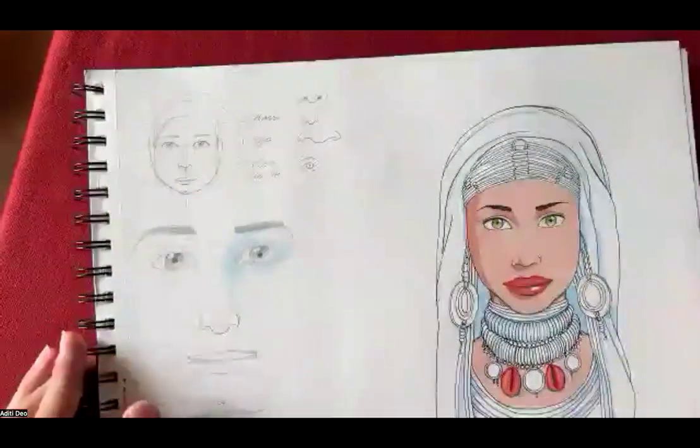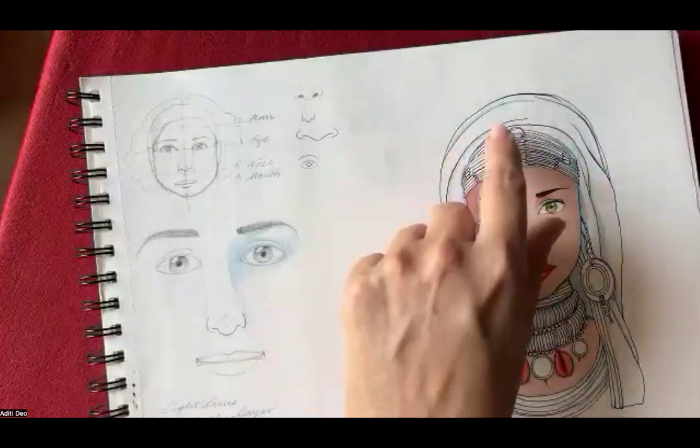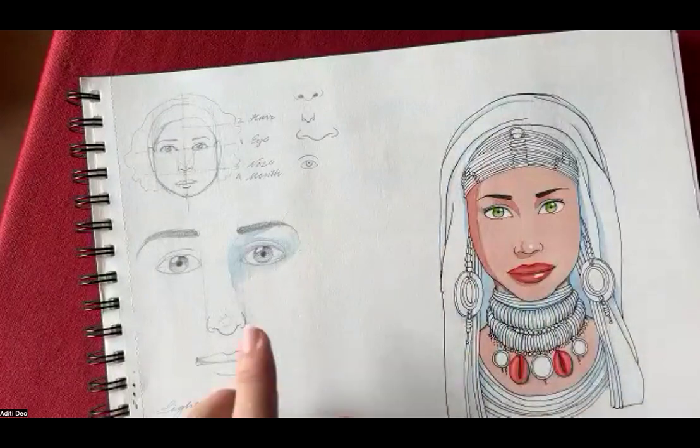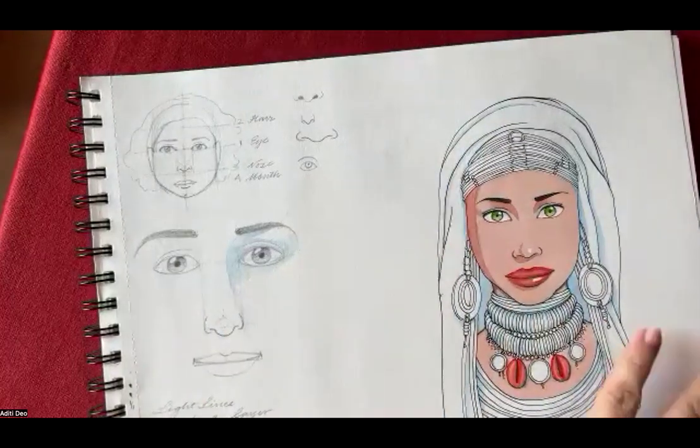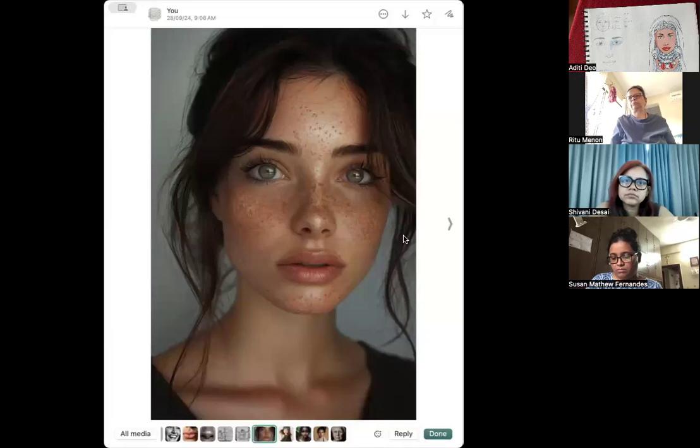Let me just demonstrate what I was saying. So this is the first class that we did where we used the grid. Then we plotted it, and then we have made these features based on a photograph, right? So today we are going to make the faces that I have shared, keeping in mind the grid, but not making the grid itself, and trying to